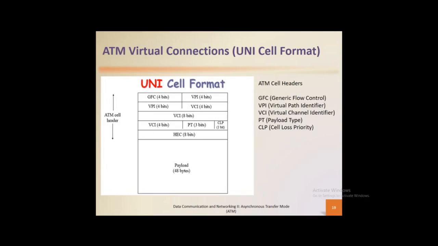We do have your virtual path identifiers, 4 on each side, making up 8 in all. And virtual channel identifiers, 4 bits with an additional 8 bits at the third column of the layout, making 12 bits in all. We also do have on the fourth level